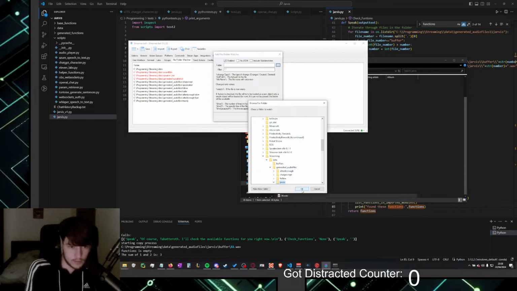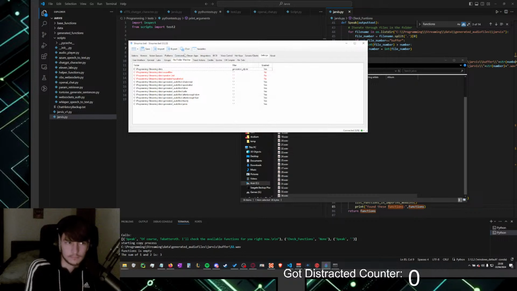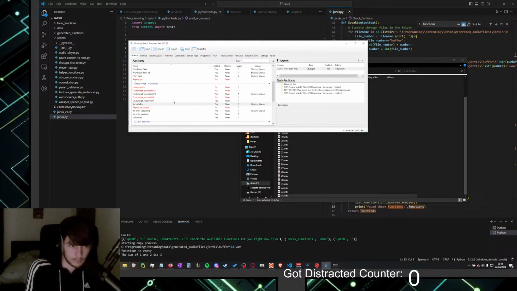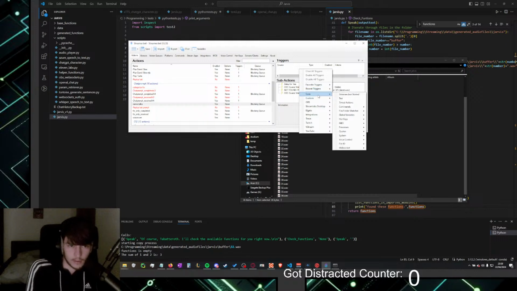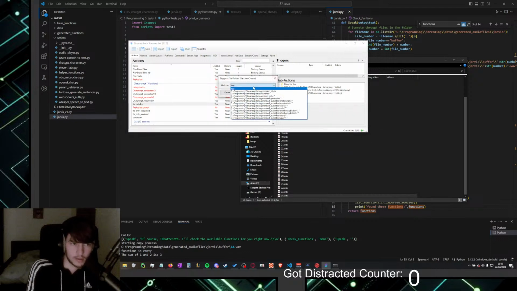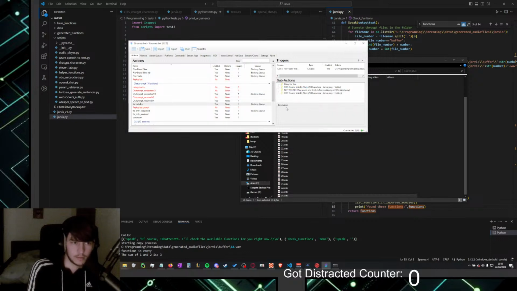Audio files, Jarvis, here. Okay. And we use Jarvis. And I think we need created. Yes, we need. Okay, wait, so I need to remove that anyways. Favorite triggers. Nope. Okay, file folder watcher. Created. And Jarvis.